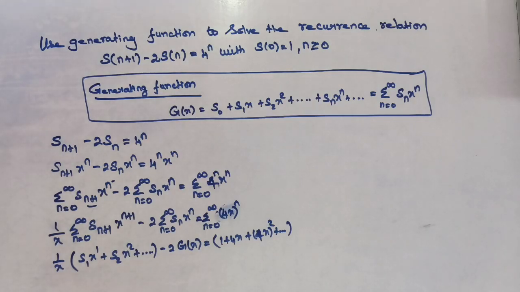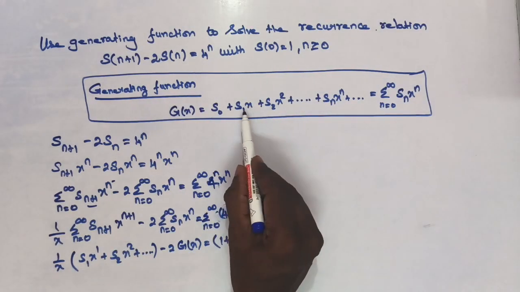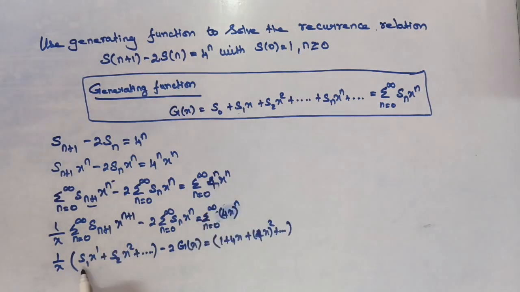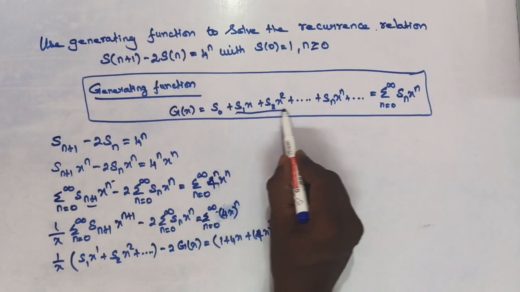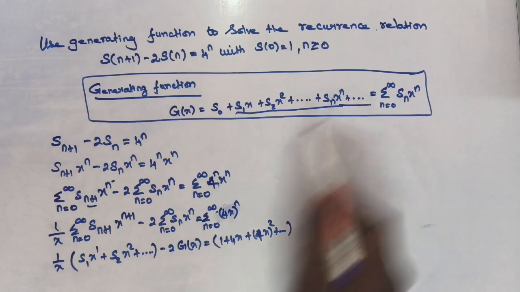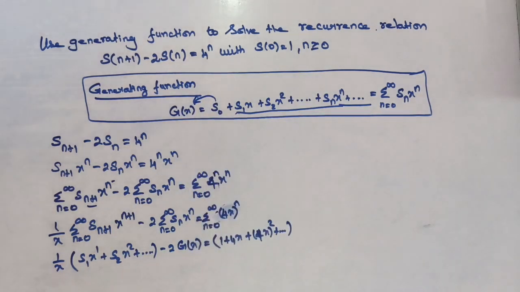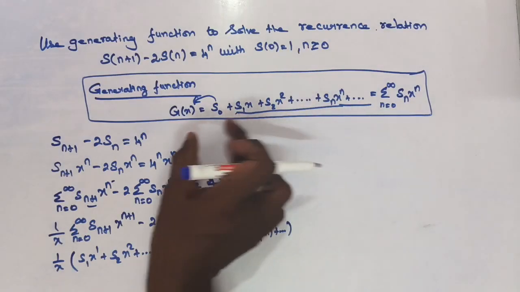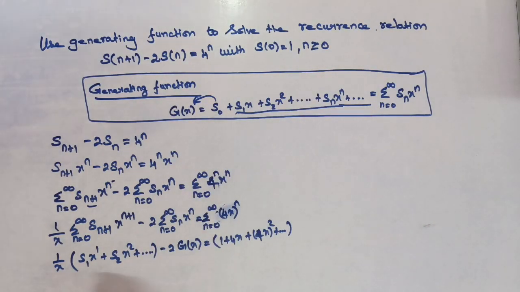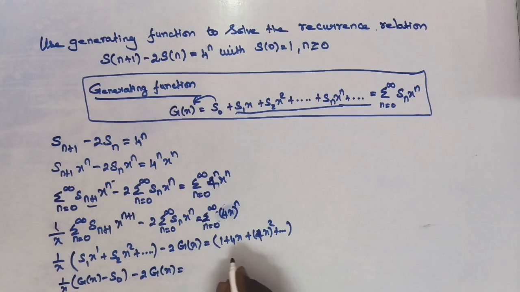This is the summation you're going to have. Now here you can see in the generating function it starts at s1 x, so the entire term will be there. So you can take this s naught to the other side. Instead of this you can write g of x minus x naught s naught. So 1 by x (g of x minus s naught) minus 2 g of x equals to